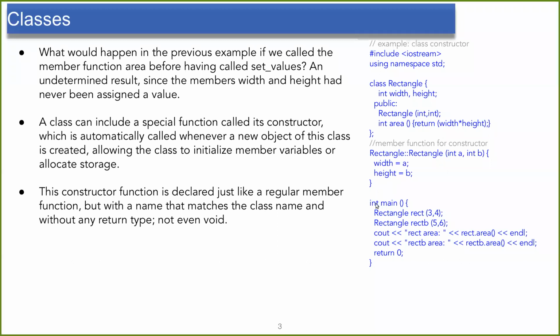Now let's see how this constructor will work. In your main program, if you define an object called rect from this Rectangle class, you can directly initialize these values by putting them in the argument. So what happens if you call rect.area? It will give you 3 times 4, 12, because it takes the initial values that you used in this constructor. So with this basic idea,